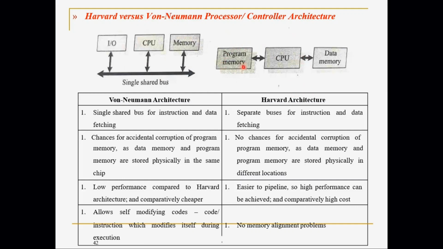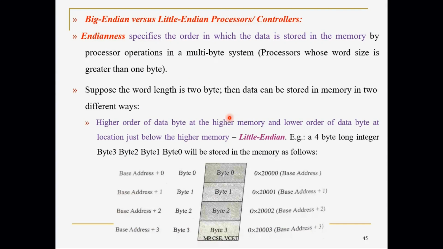It says that there is a separate memory for program as well as a separate memory for data. But von Neumann architecture says memory is simple, single. That's why when studying ARM or in computer organization, when you studied Motorola or Intel, there was a single memory. We were storing data and program in the same place. So there are some differences they have discussed here between von Neumann and Harvard architecture. Again, it is a very basic concept. You can go through it. This difference is also very important.